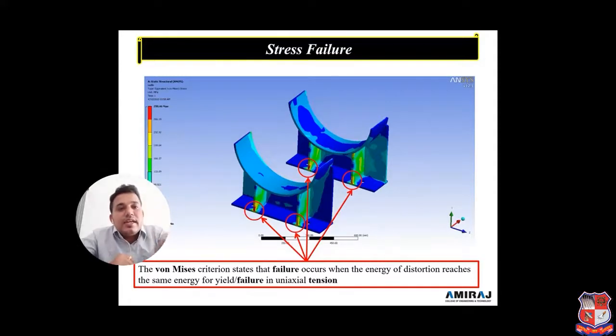Have you observed that there is a circular part? At that place we find the red marks, and this is the saddle portion, where the whole body load is applied on the saddle. So some failure is there, and we have to clear this failure.